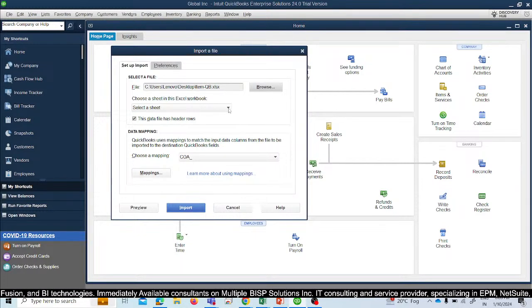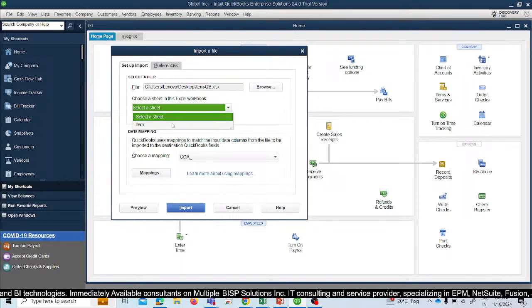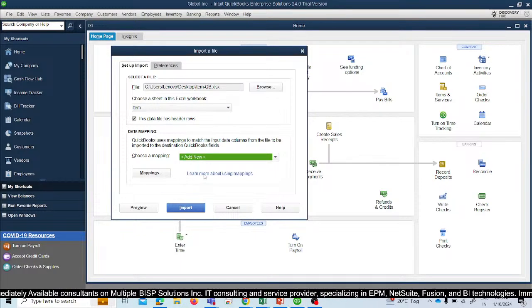After browsing the file, the next thing is to select the sheet, and after that the next thing is to map the data. So let's click on add new